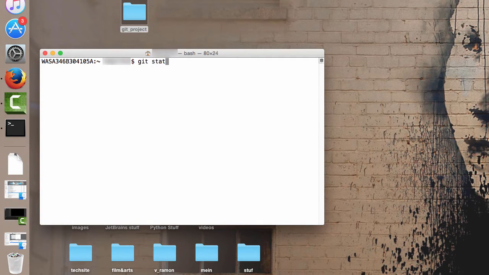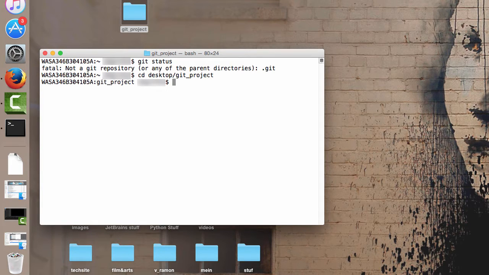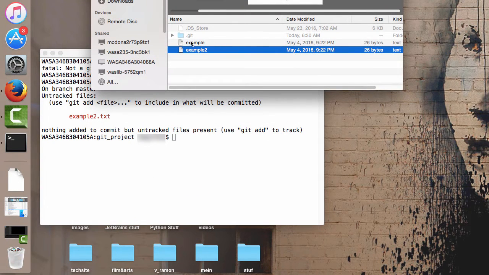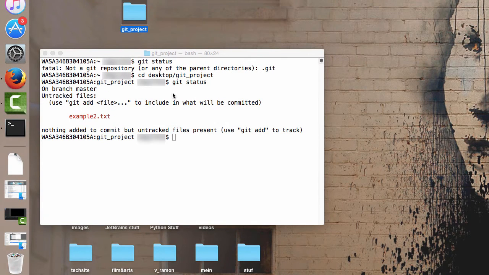Let's do cd desktop/git_projects. Now let's do git status. There we go. So it remembers from last time that we had this example.txt file in there. However, it also recognizes there's a new file, example2.txt, that is not currently being tracked by Git. It's okay with that, if we're okay with that, but it wants us to know that there is something not being tracked. So if we want to add that in, we could of course once again do add dot